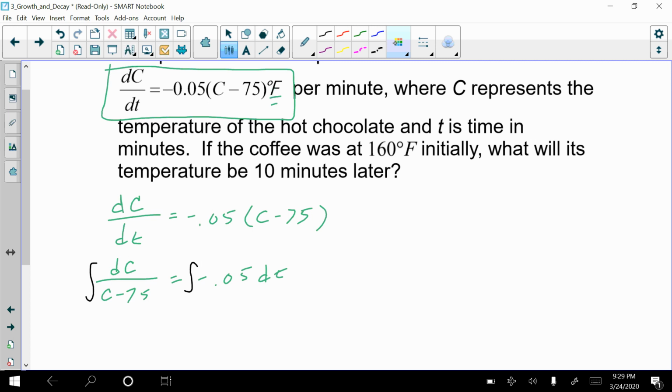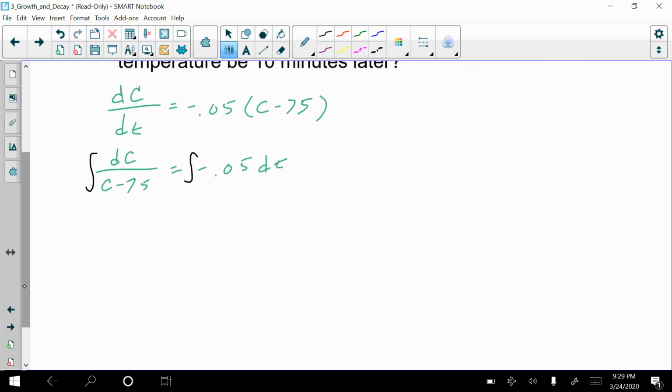Let me give myself a little bit more space. Let's come down some. So when I take the integral of both sides, the integral of the left side, because we have that fraction in the denominator, you could also look at the left side of the equation as 1 over c minus 75 times dc, if that helps. But essentially what we're going to be doing is taking the antiderivative of the fraction 1 over c minus 75. And when I take the antiderivative of that fraction, I'm going to get,